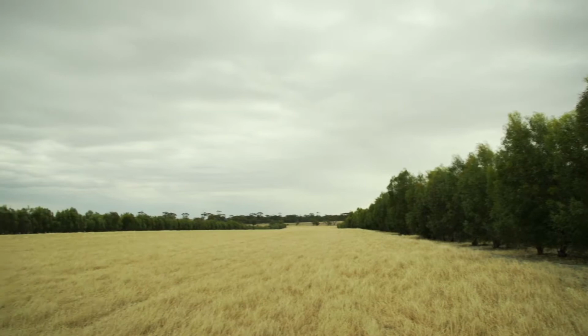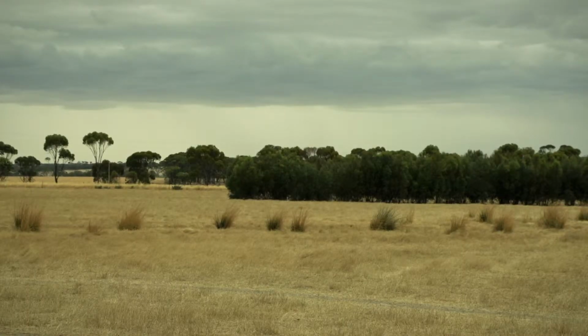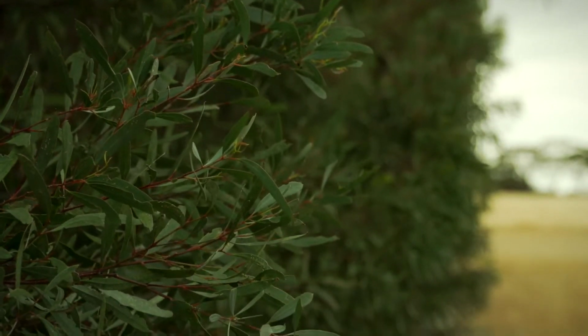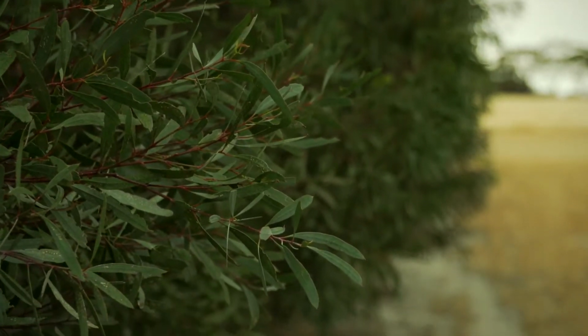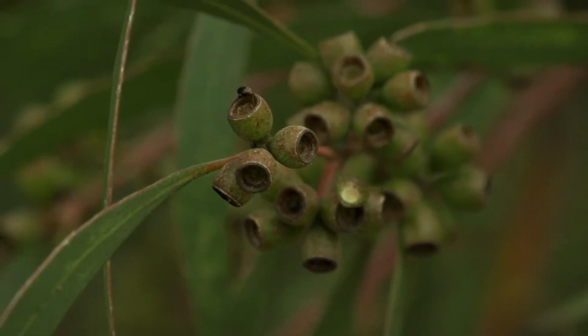The mallee option was taken on by Future Farm Industry CRC because it was so innovative in the case for mallee, because of the multiple benefits that mallees can deliver on a farm. It's a remarkable tree. It uses an amazing amount of water in the landscape, and by doing that, there's a number of environmental benefits that can be delivered because of greater water control in the landscape, but also provides shelter. It provides habitat for wildlife, and this has been demonstrated by CRC research,